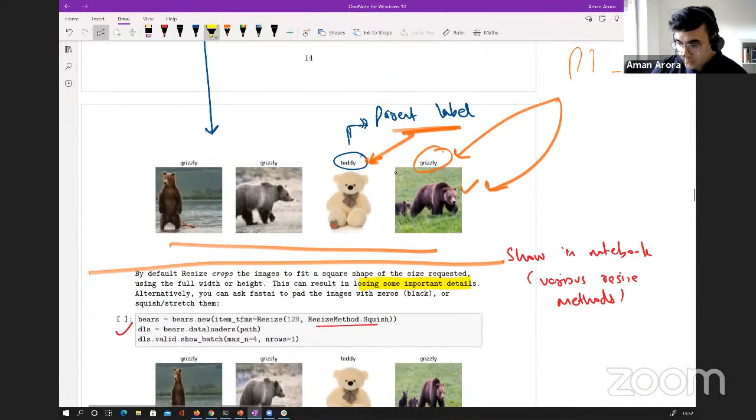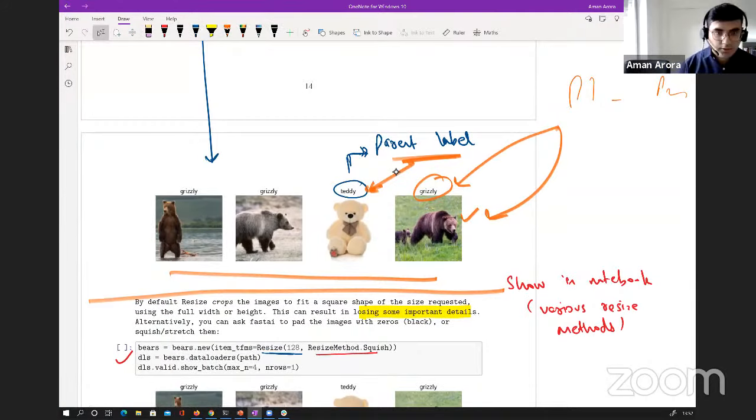So right now, what we had a look at was this resize 128 being passed. But if I go into